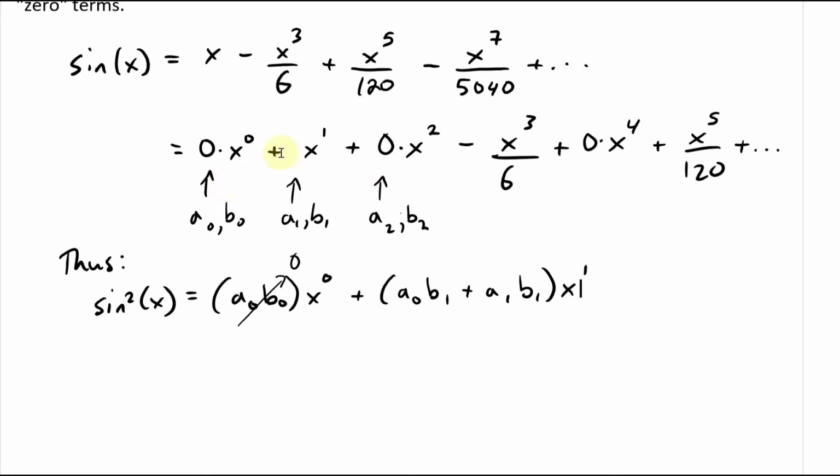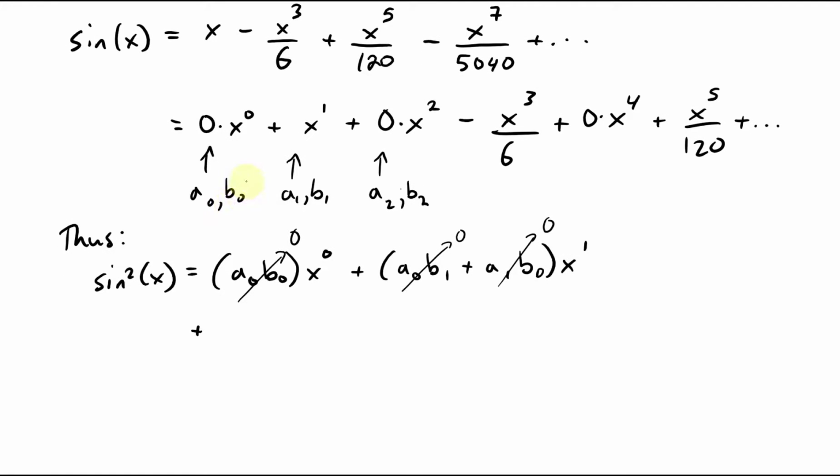And again, we know a1, b1 are 1, but a0 is still 0 and b0 is still 0. So this goes to 0 as well. And then the next one's going to be a0, b2. Well, we'll just multiply that out right now. a0 times b2 is 0. So that's a 0. And then plus